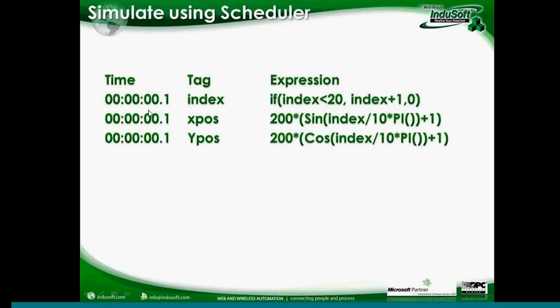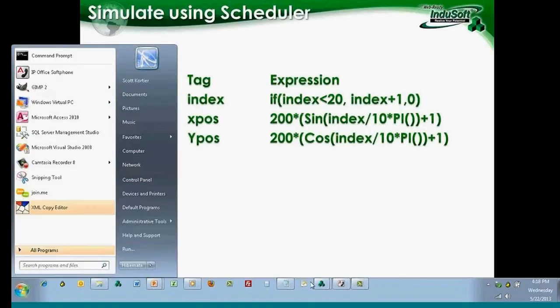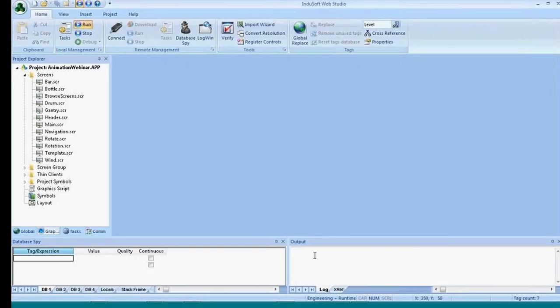And I'm going to use a time base of 1/10 of a second, so this is hours, minutes, seconds, and then tenths of seconds. The first thing I'm going to do is count up to 20, and I'm going to use this if statement and increment this index. So the way that this if statement works, if you're not familiar with this, and let me just go ahead and put this in while I'm talking about it, I'm going to go into my scheduler, which is here under